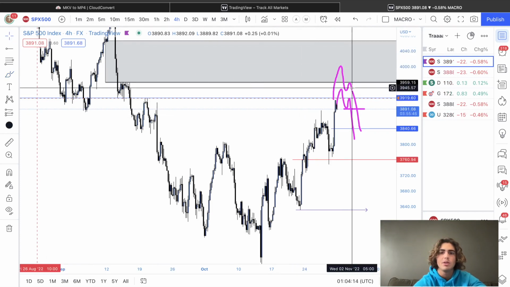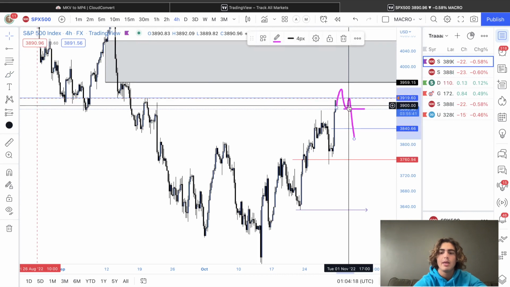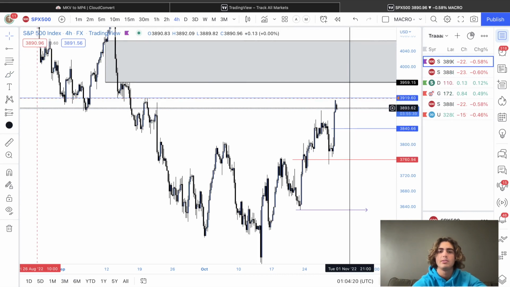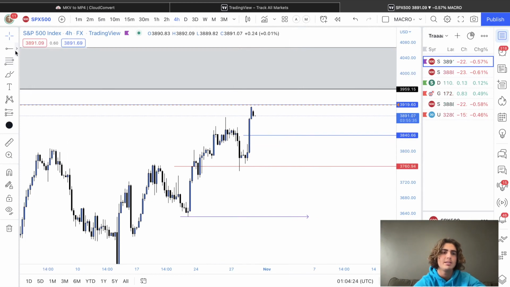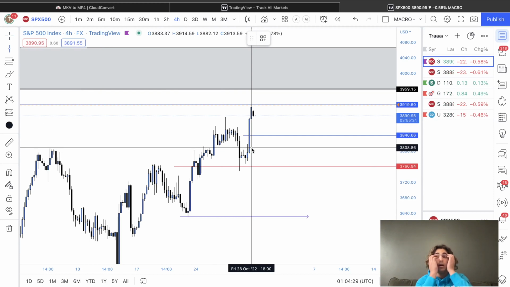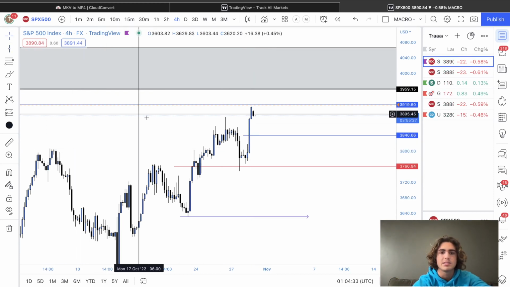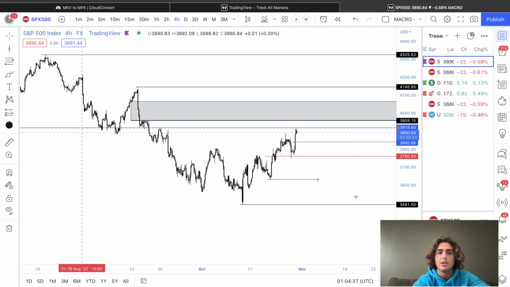I'm really just going to be looking for a push up into a liquidity area, and then a break of structure on a higher time frame such as the 4 hour and the 1 hour. And then all of my day-to-day analysis, because I only trade day-to-day at the start of New York Stock Exchange open, will correspond to this bias that I'm telling you guys right now.